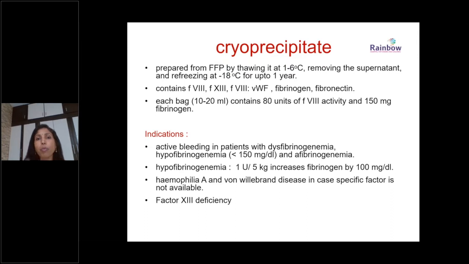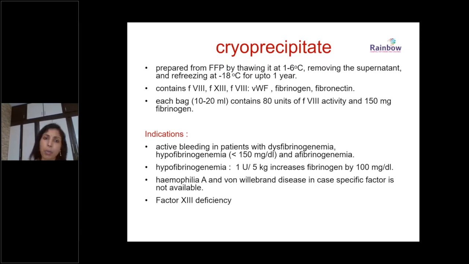In FFP, you have factor VIII and factor IX. So when you are facing hemophilia, you should remember this point. In hemophiliacs, when you don't know whether it is 8 or 9, it is always wiser to use FFP than cryoprecipitate. Whereas if you know that it is definitely 8, and you don't have factor therapy available to stop significant bleeding, one can go ahead and use the blood components in the absence of specific factors. In that case, cryo is useful in factor VIII deficiency.